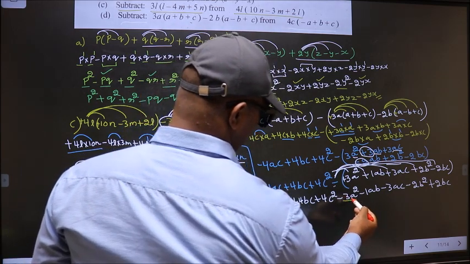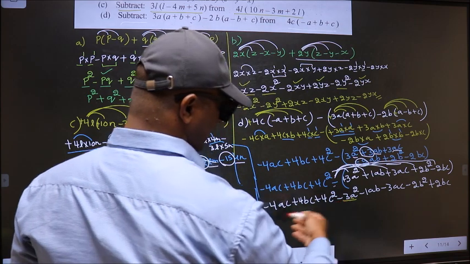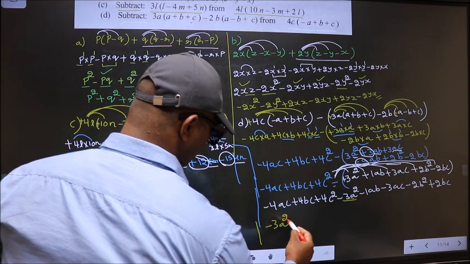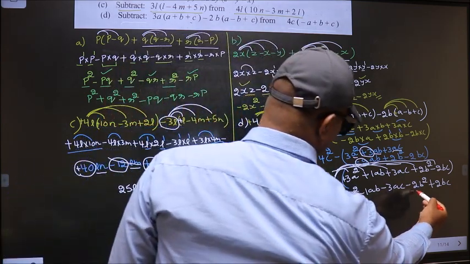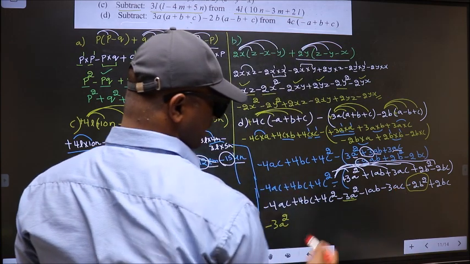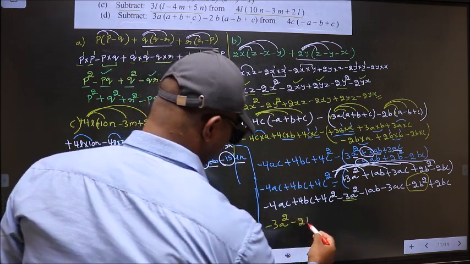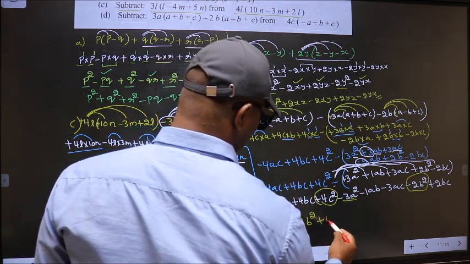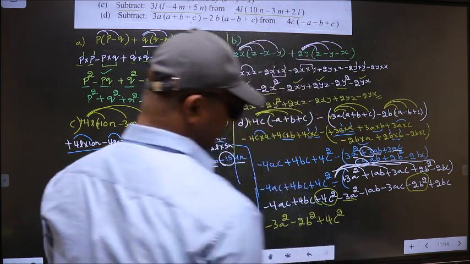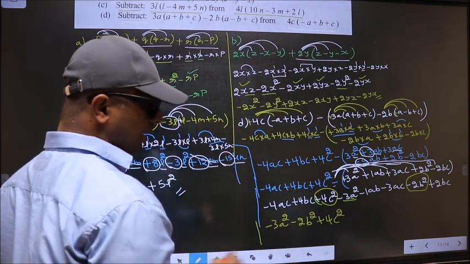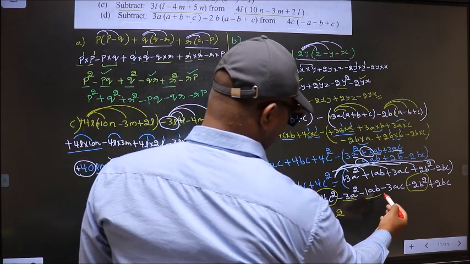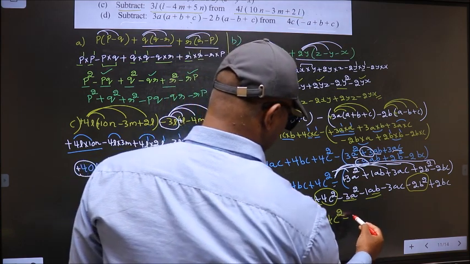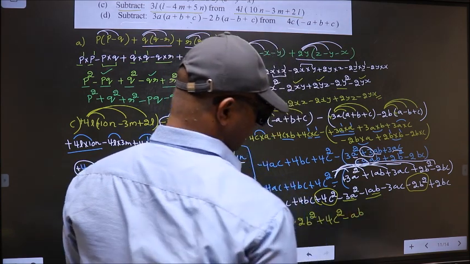Here A square is here. Do we have anywhere else A square term? No. So we write that first. Now next square term is B square. Anywhere else B square term? No. So you write that. And next C square term. Only one C square term, so we write that. Okay, done. Next, let us write AB terms. Do we have AB term anywhere else? No. So write that. Minus 1 AB or minus AB, same.